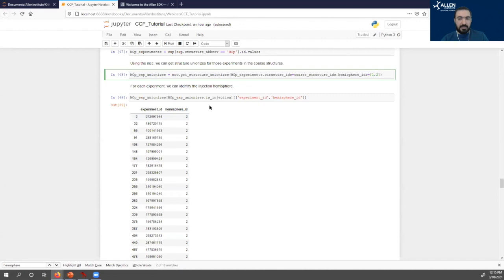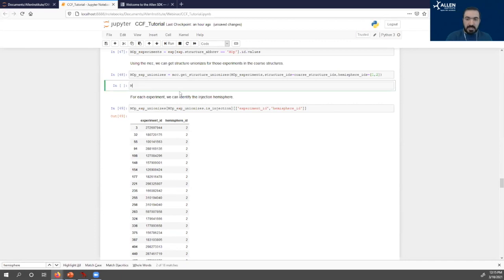if I want to know which side of the brain the injection happened in, let's say I want to do some analysis to compare ipsilateral versus contralateral projections, then I'd want to know where the injection happened. So I can get my unionizes data frame and search for where the is injection column is true. So just to, again, reiterate,